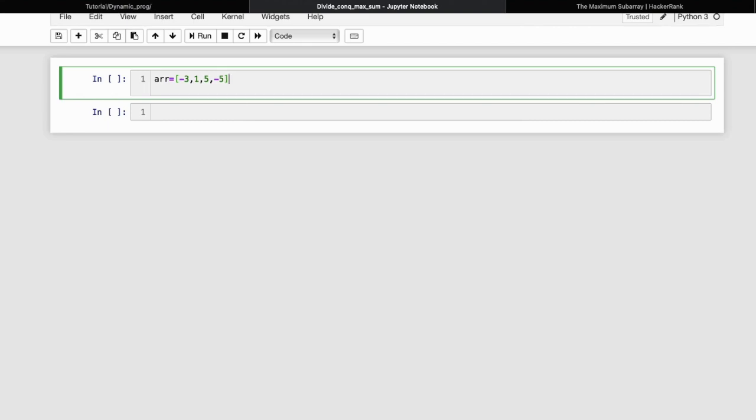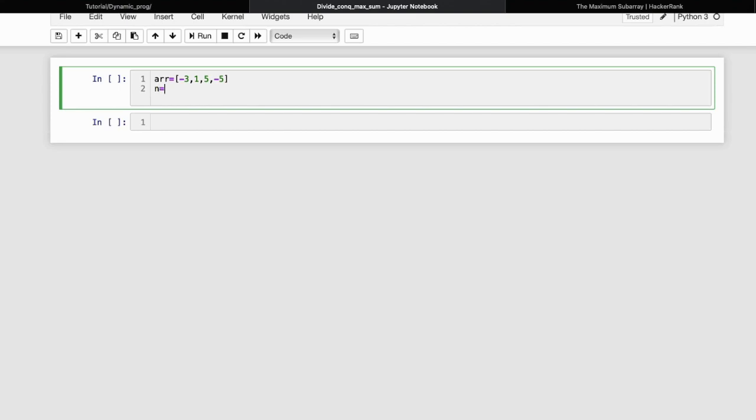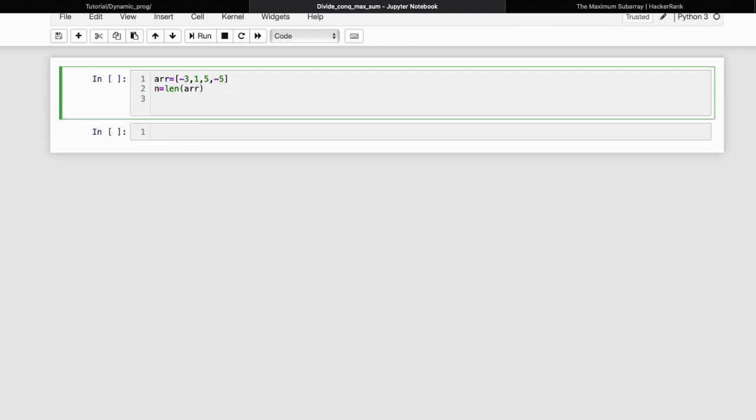Suppose this one. After that we will simply calculate the length, n equal to length of array, and we will simply call a function maxsum, and we'll pass this value.